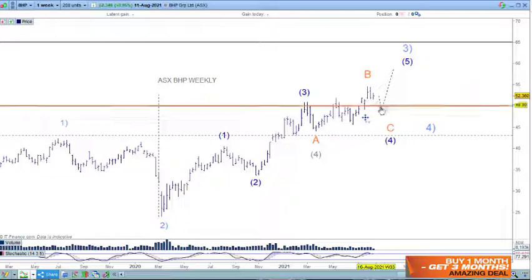I don't know if we're just going to keep sort of moving up here, or we're going to pull back into this. We could look at this as an A wave and a B wave up here and a C wave back again. But if iron ore's going to rally, then we're going to see this move up from that point. So then that trend continues in this space. I know I'm a bit wishy-washy on this. I've got money in this myself, but I'm not worried about it, because at the end of the day,